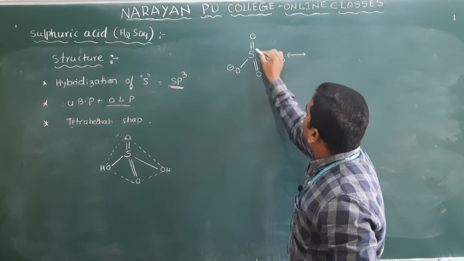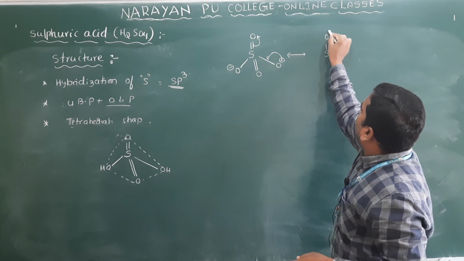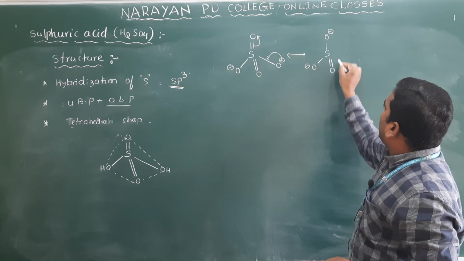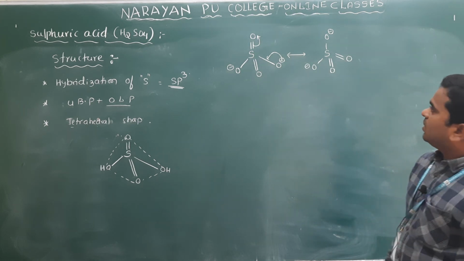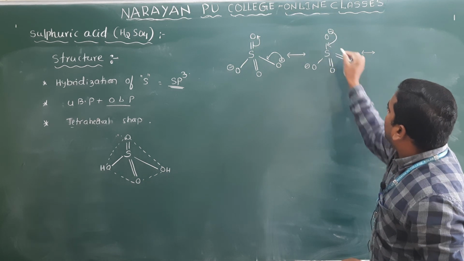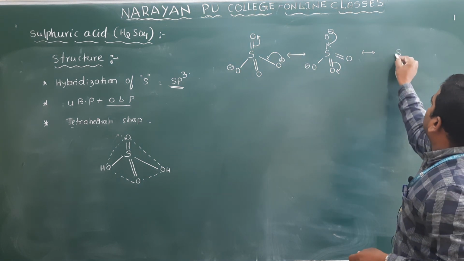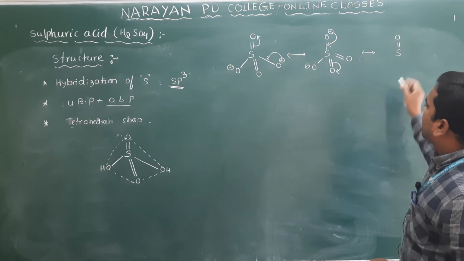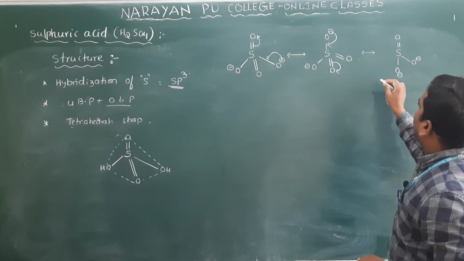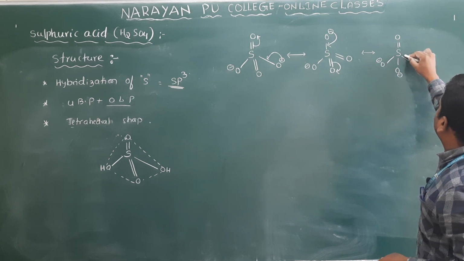When this double bond goes towards the oxygen, then what will you get? You will get O minus, and here a double bond O. This is one structure. And also you know that when this bond comes here and these bond electrons move towards oxygen, then what other structure will you get? A double bond O here, and O minus, and O minus here. Sorry, here a double bond O is there. This is one structure.